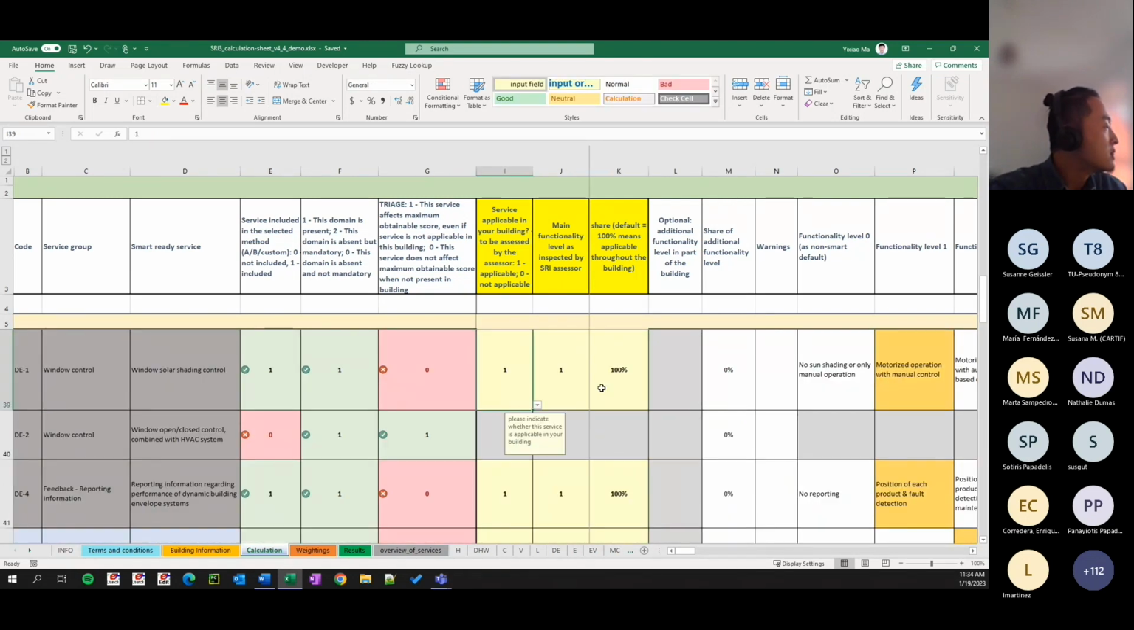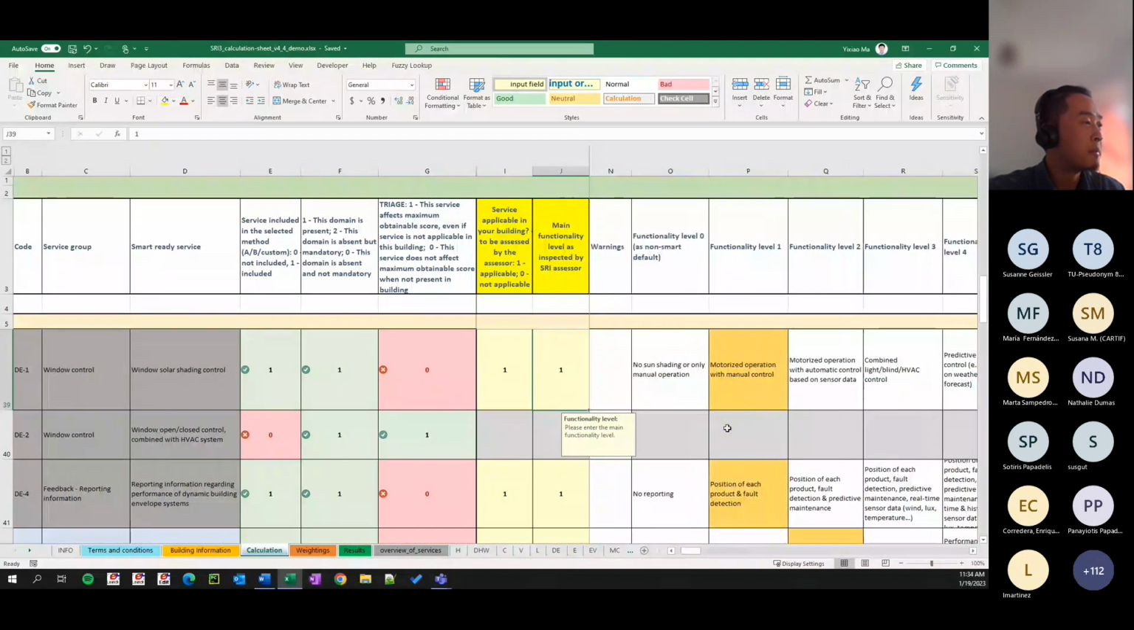The next is the window control. I have solar shading external shutters for my windows. That's why it's available. And the main functionality level is 1 because it's manually controlled, but motorized operation with manual control. And